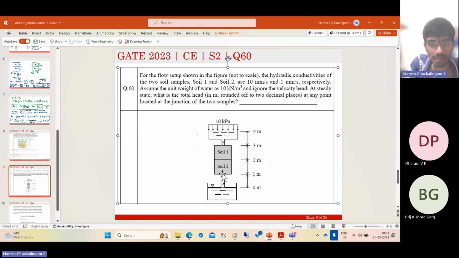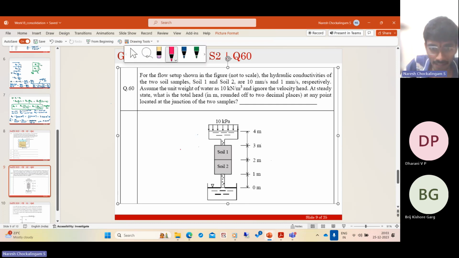It is wrong. What is the reason? The reason is the permeabilities of these two soils are different. So you should be careful. When the soil is homogeneous, the head varies linearly. When we have a difference in the